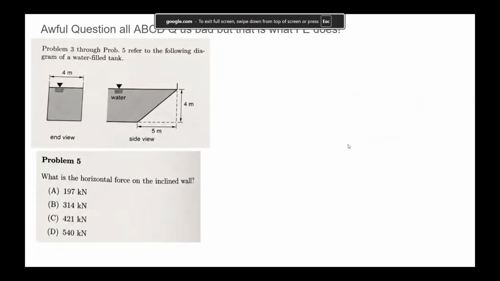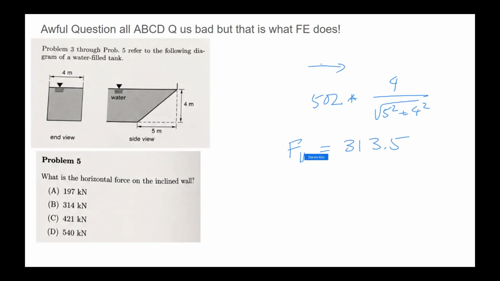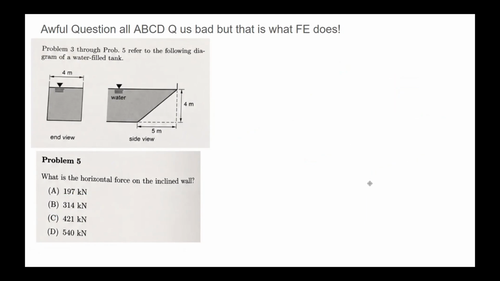Next one is the horizontal force, a similar thing again, but this time in this way, which means you just have to change the top. So 502 multiplied by 4 divided by the square root of 5 squared plus 4 squared, instead of the previous, should give you whatever you desire. So let me just grab that here. I got about 3.5 equals the horizontal force, which is about B. So you can clearly say that B is the answer over here. So maybe I'll split this into